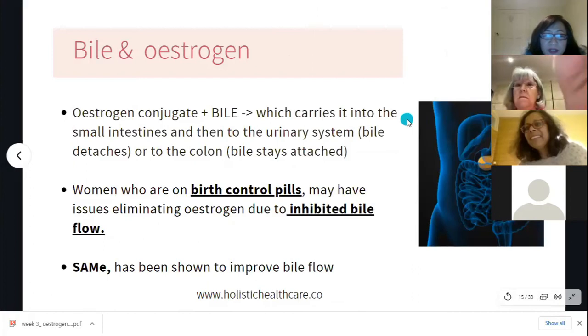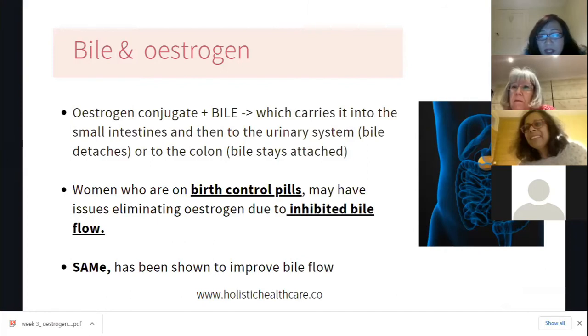So after it goes through phase 1 and then conjugation phase 2, it now gets excreted through the bile. That means you need good bile flow. I think the bile, in terms of the digestive system, is often underlooked and under-discussed. We don't talk about it enough, but we need to, because if we don't make enough bile, or our bile flow is very sluggish, a lot of toxins build up in the system.